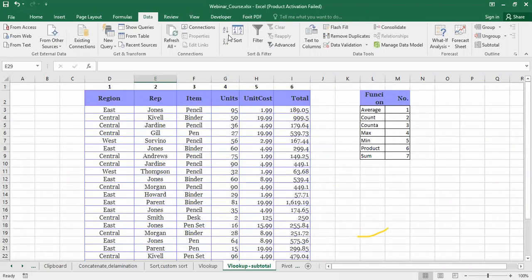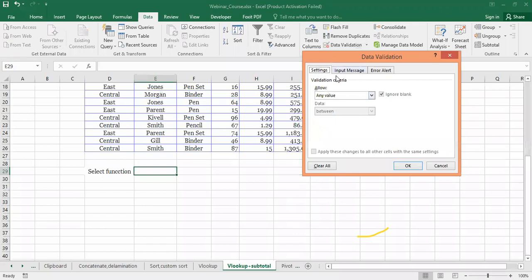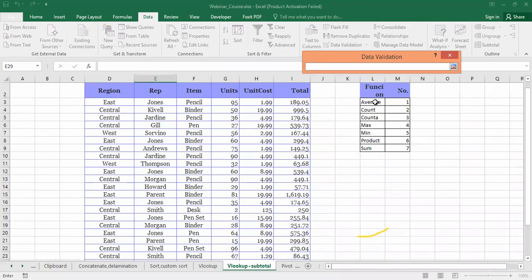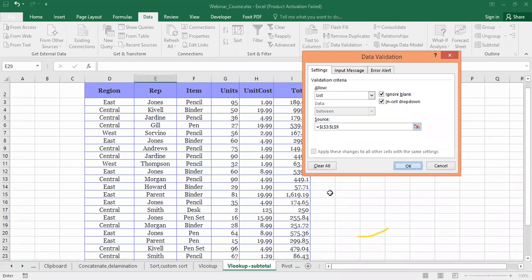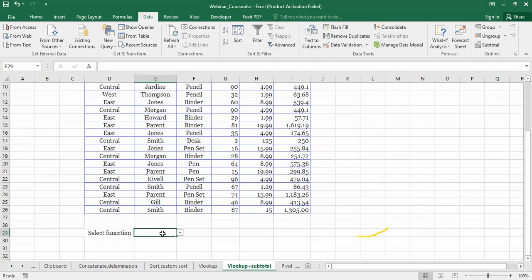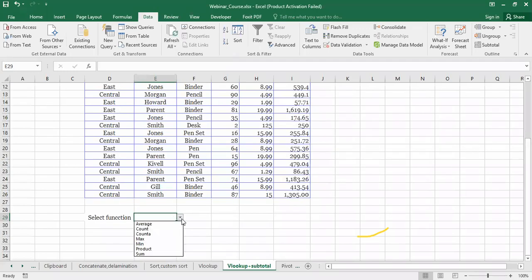For that, what we can do, go to data tab. Okay, data tab, click on data validation. Now it is asking for settings. First of all, I will do the setting. So instead of any value, I want list. Which list? I'll select that. I want this list. Okay, I'll press enter and okay here. So you can see as I have selected this particular cell, the list has appeared over here. When I click on this particular arrow, this list is there. You can select anyone, right? This way.